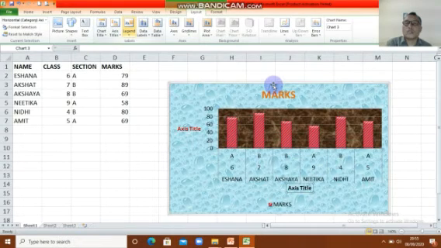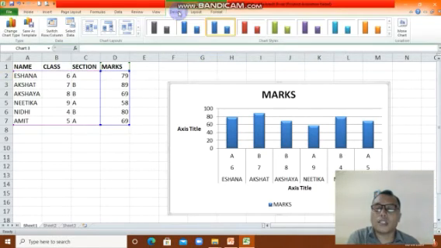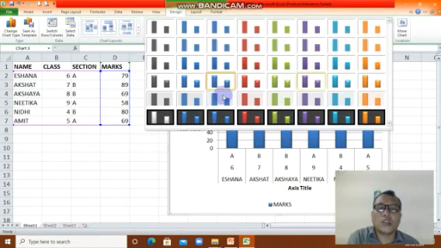You can see here. And now, okay, kid, about the design. When you click the chart, you have Design here, and you can choose from so many options, kid. Look, so many options, so many colors. You can choose what you want. For example, you want to choose the gold.